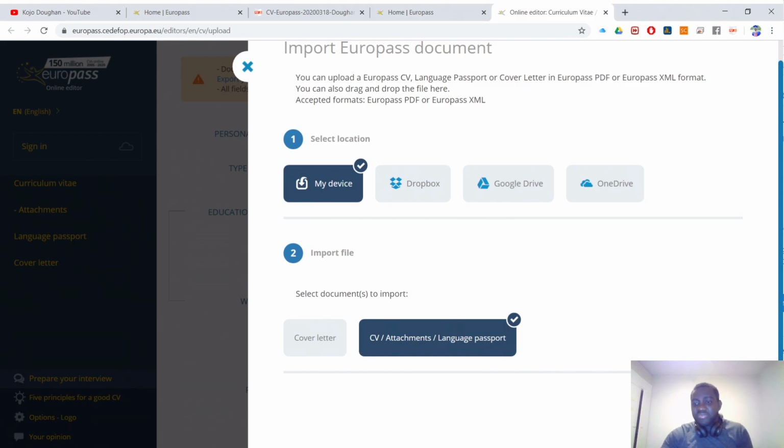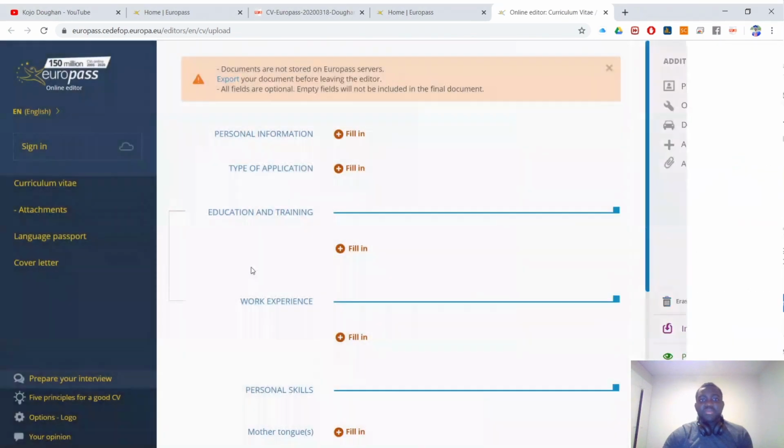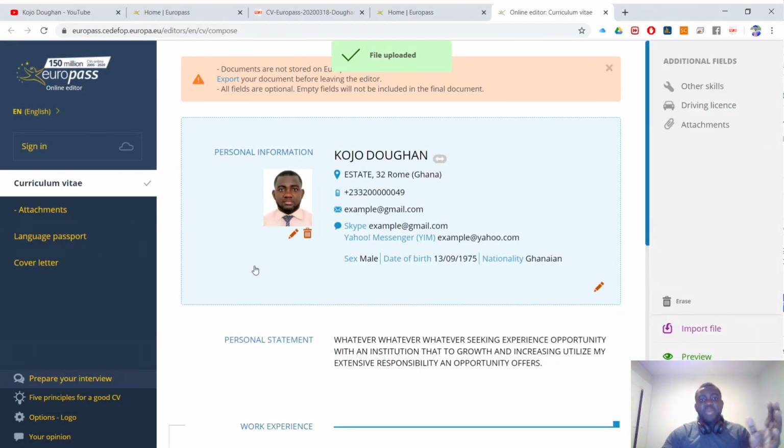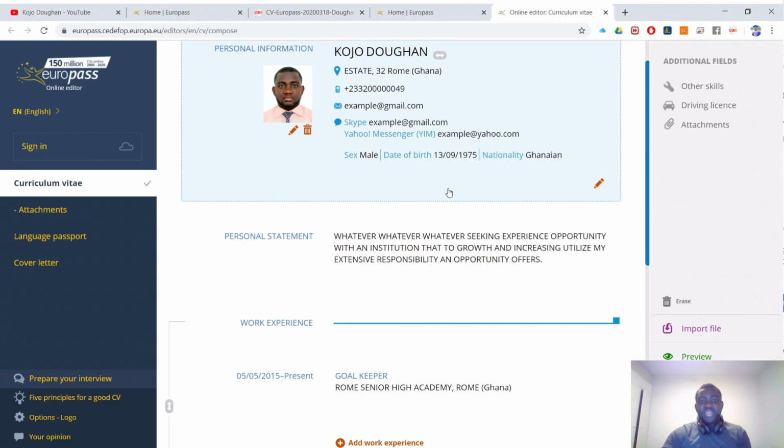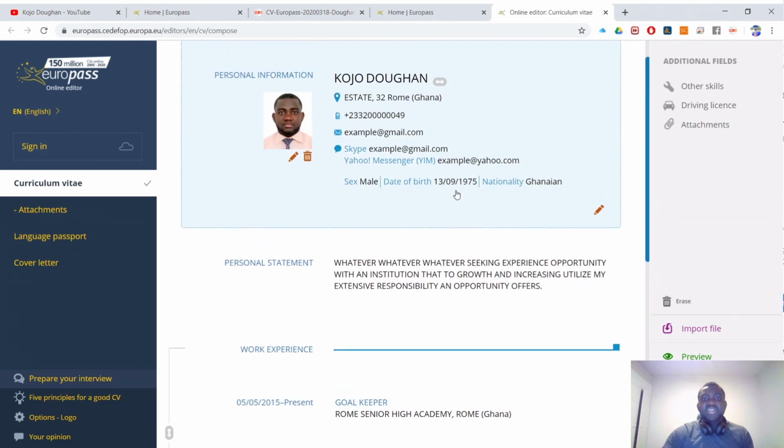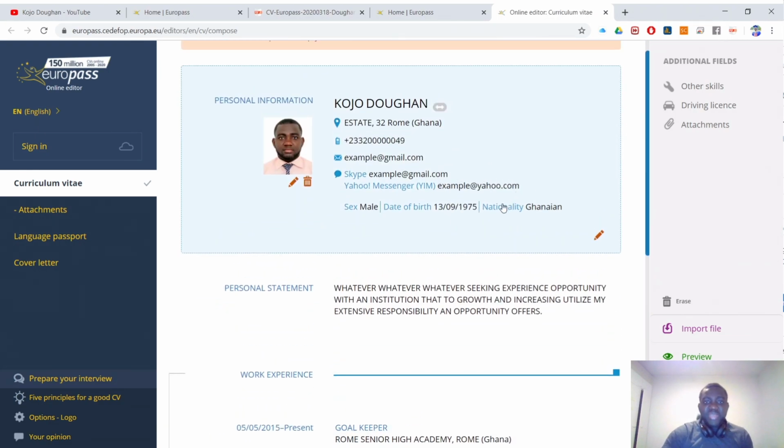So we just click on browse and then we locate where the CV is. This one was downloaded to my downloads, so I'll go to downloads and then choose my last CV. This is the CV, and then I'll click open. It will load up everything here for me, and every change that I want to make, I can still make. Assuming now I have changed my email or my passport picture or anything,